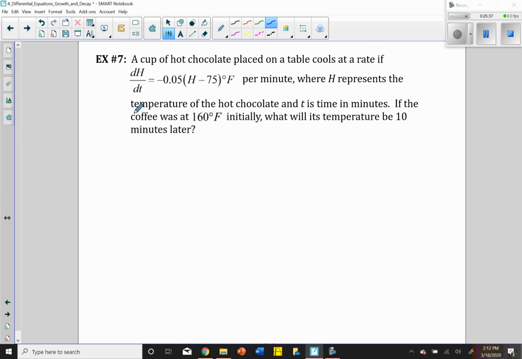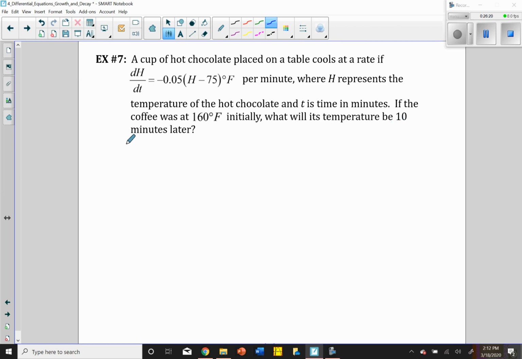So our last example, this is Newton's cooling law. A cup of hot chocolate placed on a table cools at a rate of dH dt is negative 5/100 times the quantity H minus 75 degrees Fahrenheit per minute, where capital H represents the temperature of the hot chocolate and t is time in minutes. If the coffee, that should say chocolate. If the chocolate was at 160 degrees Fahrenheit initially, what will its temperature be 10 minutes